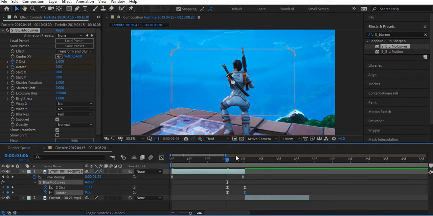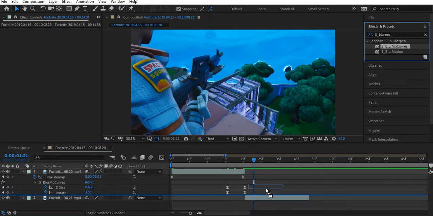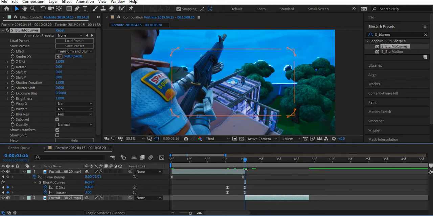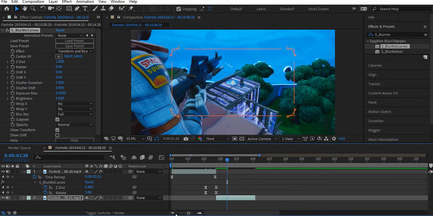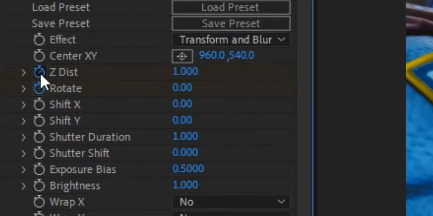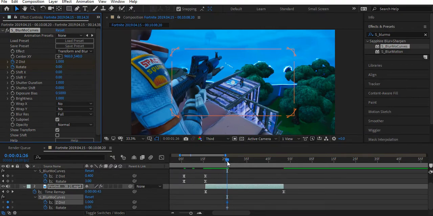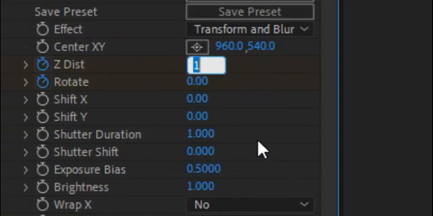And now we're going to come over to this clip and do the same thing, add blow curves, come to the very start and go 10 frames forward, so page down, 1, 2, 3, 4, 5, 6, 7, 8, 9, 10. Now we're going to keyframe again, rotate and Z-desc, push U on your keyboard to see the keyframes, and then go to the very front of the clip and change Z-desc to 1.6